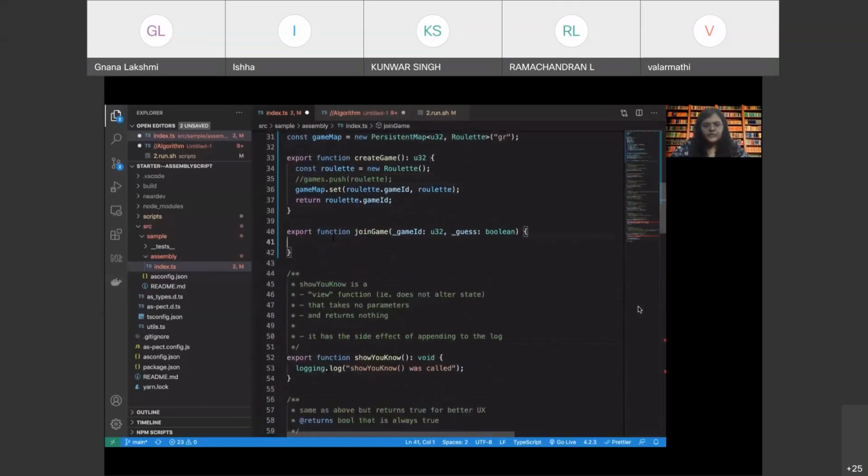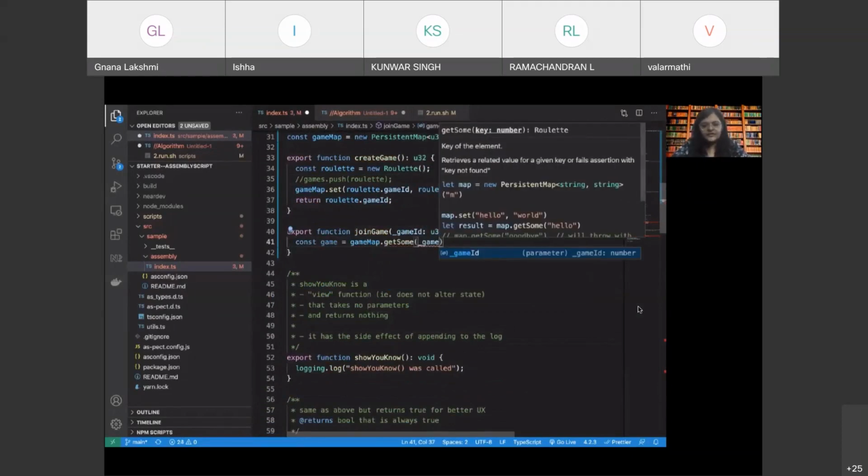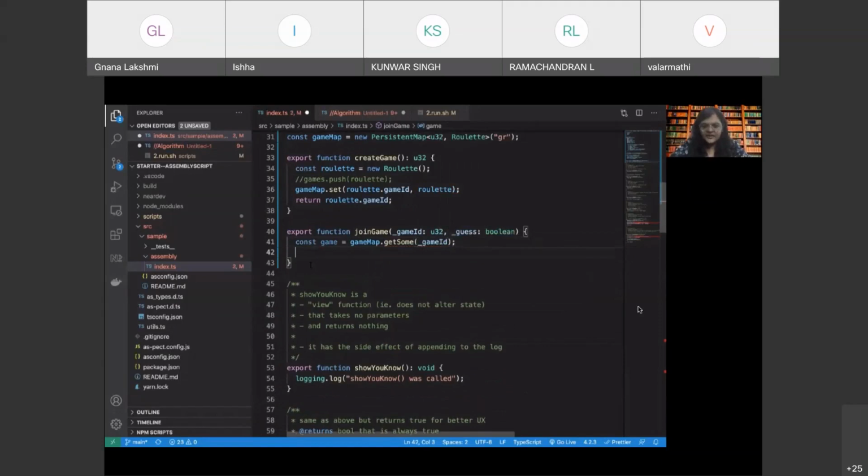All right. So now what do we need from here? We have the game ID. So we need the game itself, right? So I'm going to say game is equal to, and I'm going to call the persistent map dot get or get sum. I'm going to say, given this game ID, give me that game, right?